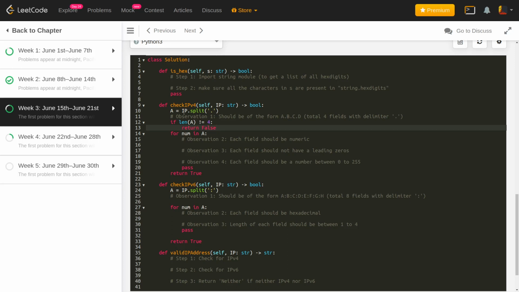What I'll be doing is iterating on all the strings that we have, which is A, B, C and D. For each string, we'll have some more observations. The first is that each field should be numeric.